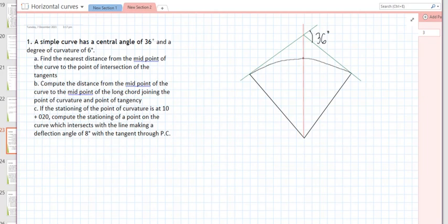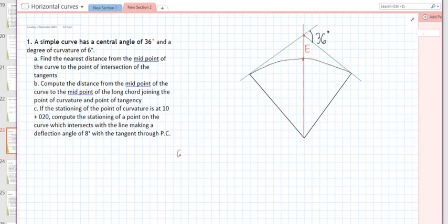So this is the midpoint of the curve. So let's assume na lang na this is the midpoint, no? Kay lisod mong drawing. So this distance. So unsa gani siya nga distance? That is E, or the external distance of the curve. So using the formula, E is equal to,